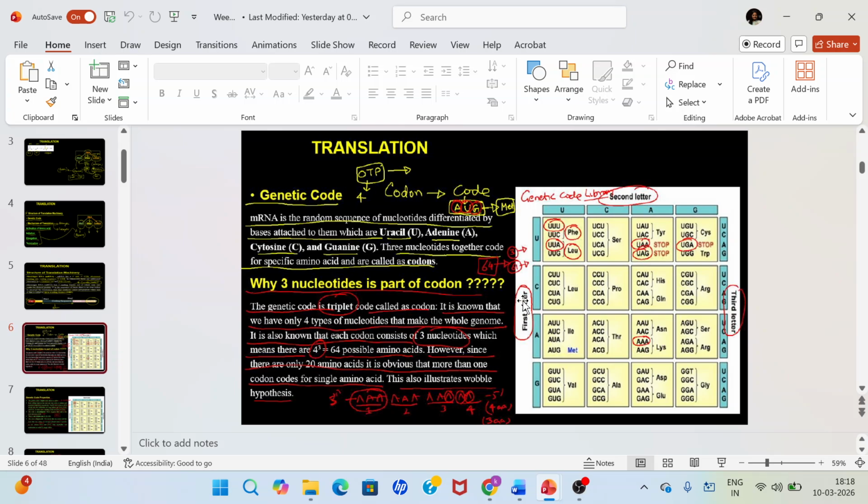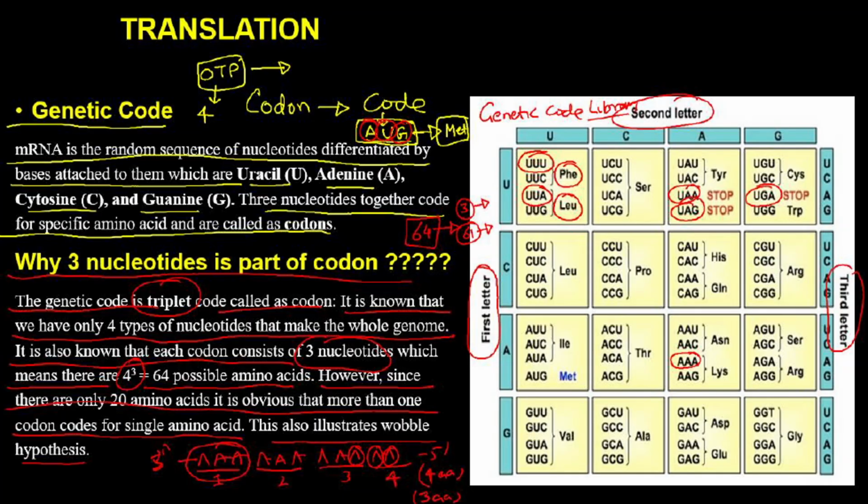Okay, so this is how Dr. Har Gobind Khorana came to the conclusion that this genetic code should be made up of three nucleotides. Then he did a lot of experiments. After that, he came to the conclusion that a genetic code is made up of three nucleotides, and each codon codes for a single amino acid.